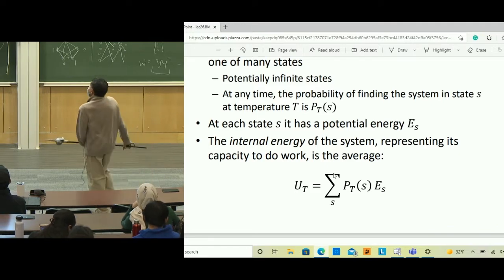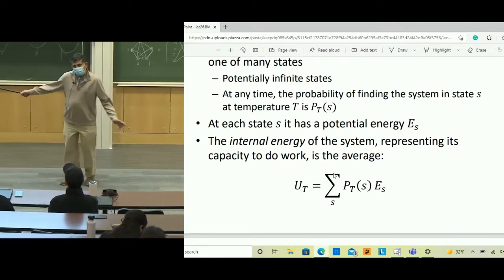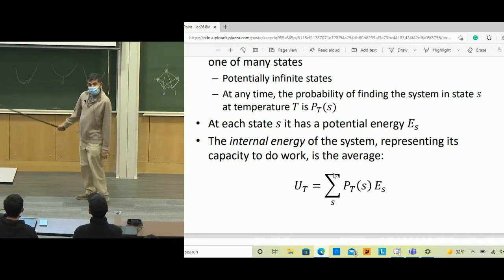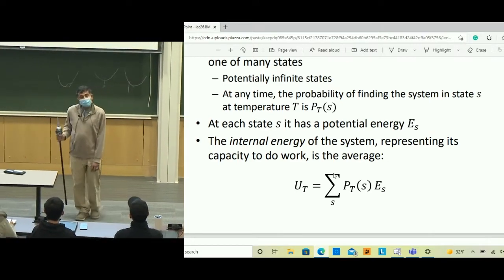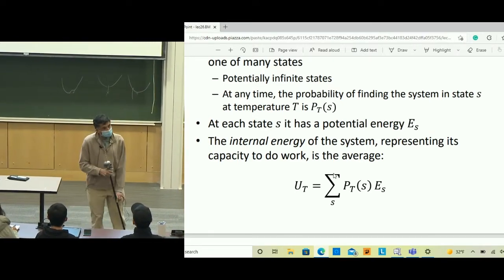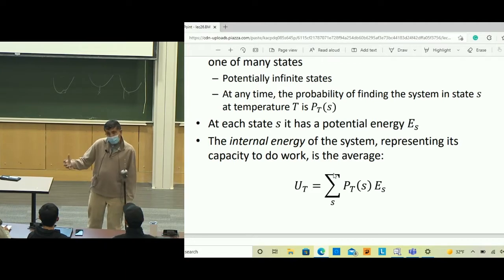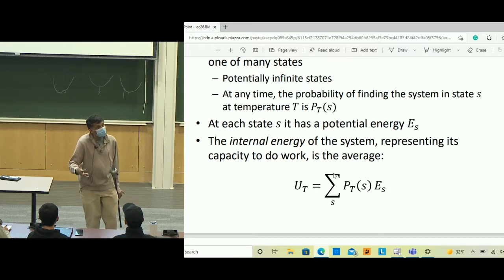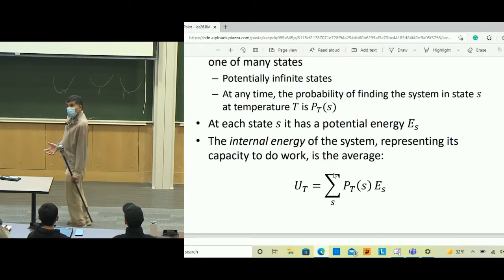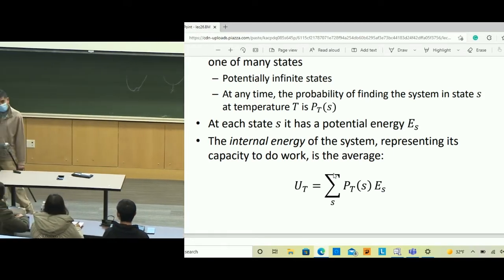So the internal energy of the system, which represents the capacity of the system to do work, is the expected value of the potential energy of the states. Basically, as it bounces around, what is the average potential energy? That's how much energy the system has that it can give up, that you can use to get something else done, like move your steam engine, right? Now,